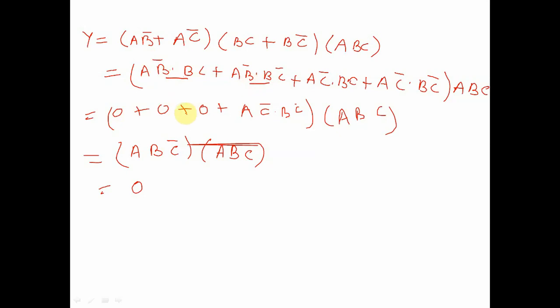We already studied that B into B bar is nothing but 0. Here B into B bar is 0, and C into C bar is 0, and the remaining terms are as they are, and the remaining term is ABC. C bar into C bar is nothing but C bar, written only one time, so I write AB into C bar and the remaining bracket ABC. But this C into C bar is again 0, so our answer is 0, so Y is equal to 0.